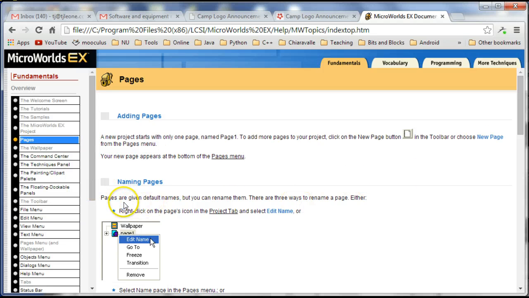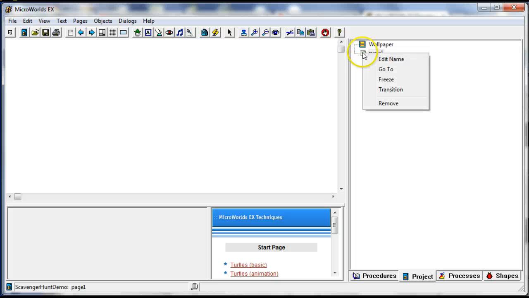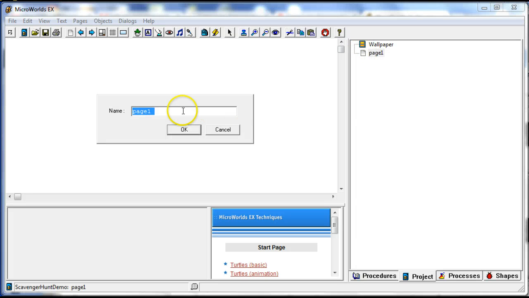Okay, naming pages. Pages are given default names, but you can rename them. There are 3 ways to rename a page. Either right-click on the pages icon in the project tab and select edit name. Let's try that one. Project tab, right-click, edit name,